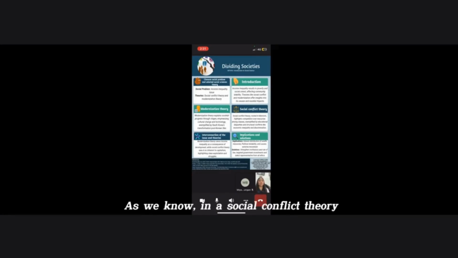As we know, in social conflict theory, we have another example in real life. It is, for example, an education system where students who are members of wealthy families have more opportunities to gain special skills and knowledge than students who come from low-income backgrounds. And other than that, conflict arises from disparities in access to resources, opportunities, and rights embedded in the social fabric. Structural conflict encompasses issues like economic inequality, racial discrimination, gender disparities, and others.